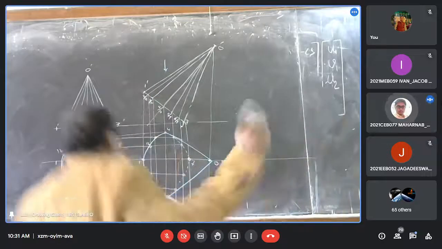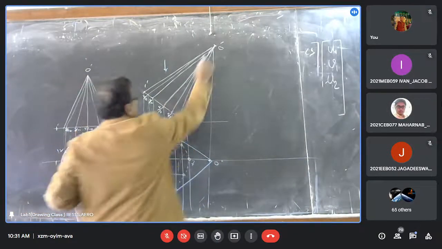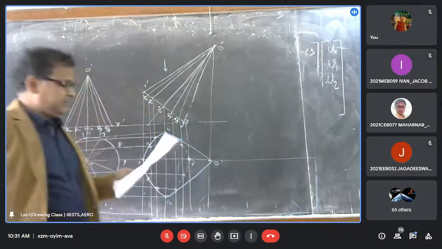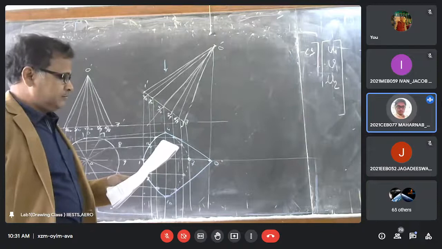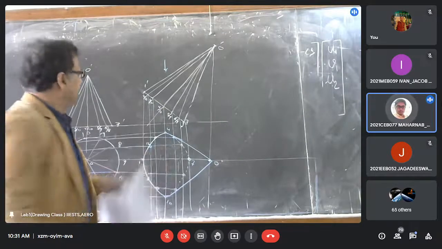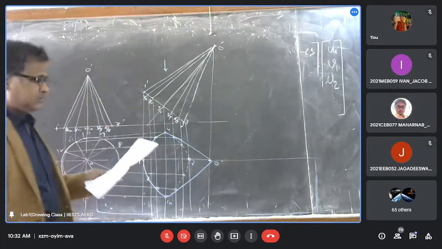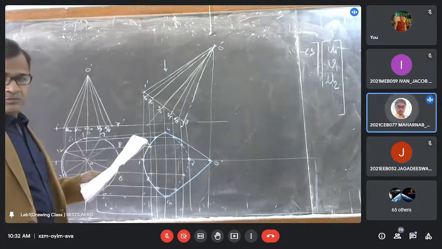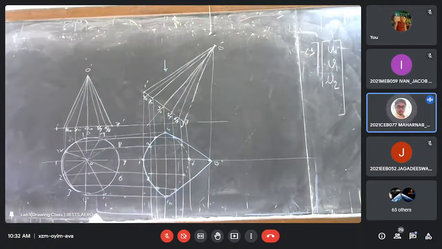Yes, the base diameter is 50, and the axis means from here to here is 75, when it is resting on the horizontal plane on a point of its base circle, this one, point 7. Then question number A: the axis making an angle of 30 degrees with the horizontal plane and 45 degrees with the vertical